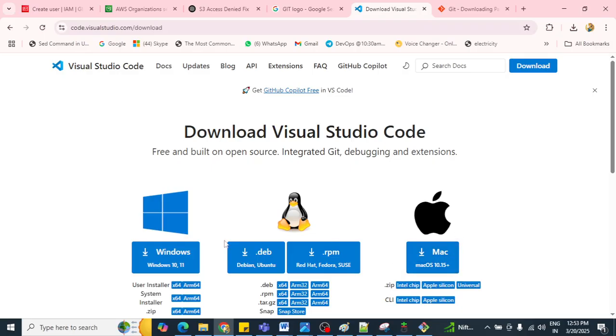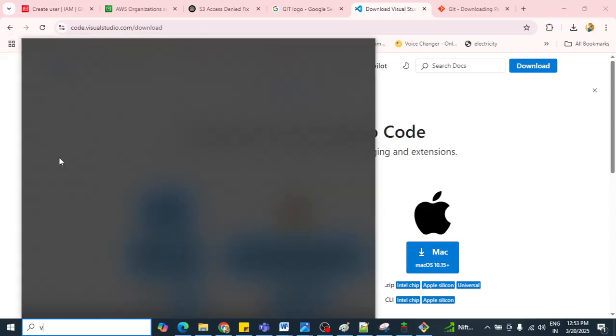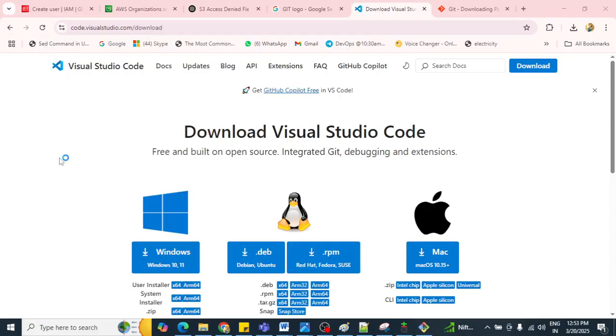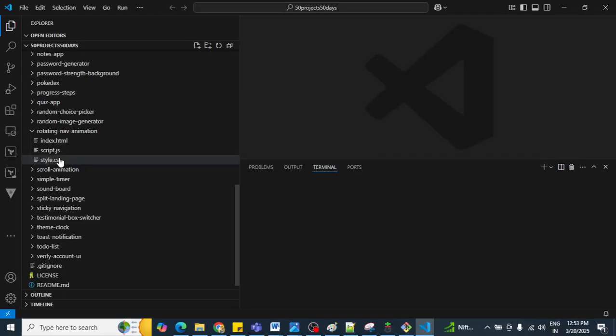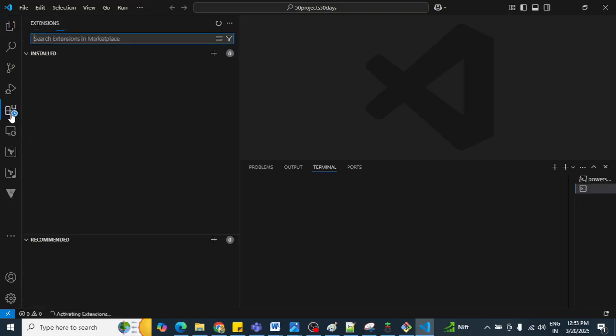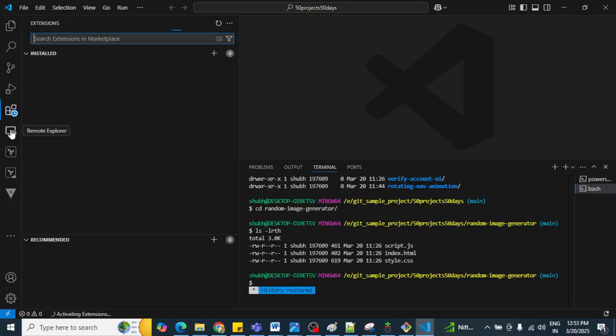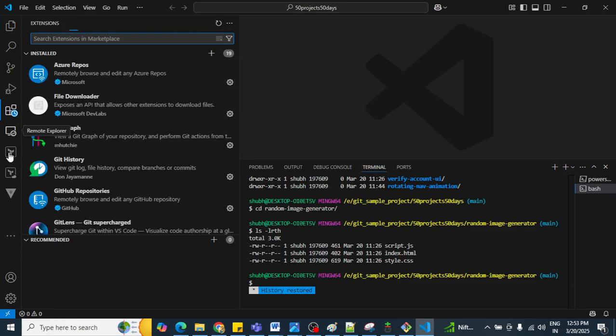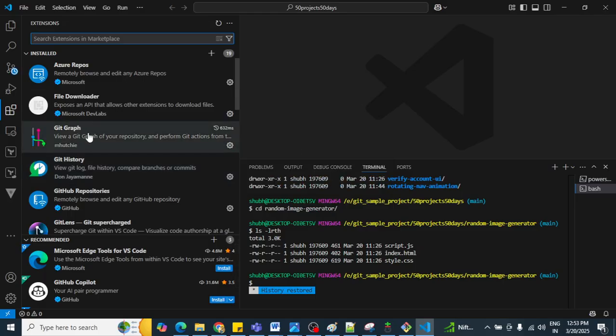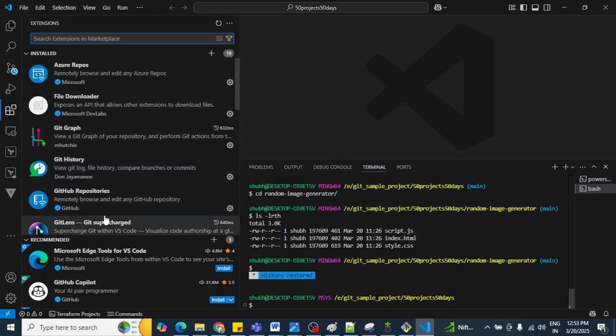Once you install your Visual Studio, you need to install some dependencies also. Let me tell you which dependencies you require to work on Git. Basically, three main dependencies are there which you need to install. They are Git History, Git Graph, and one more, Git Lens.